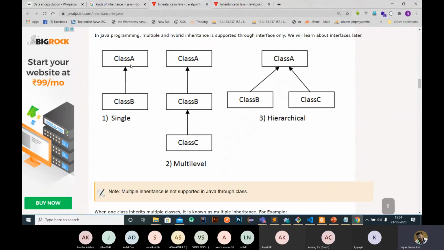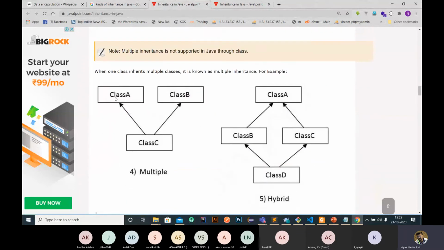Now we can see that class A is our parent class, and class B inherits properties from class A. This is called single level. Multi-level means class B inherits properties from class A, then another class, class C, inherits properties from class B. That is called multi-level inheritance. And hierarchical means there are two classes, class B and class C, and both classes inherit properties from the same class, class A. That is hierarchical, like that.